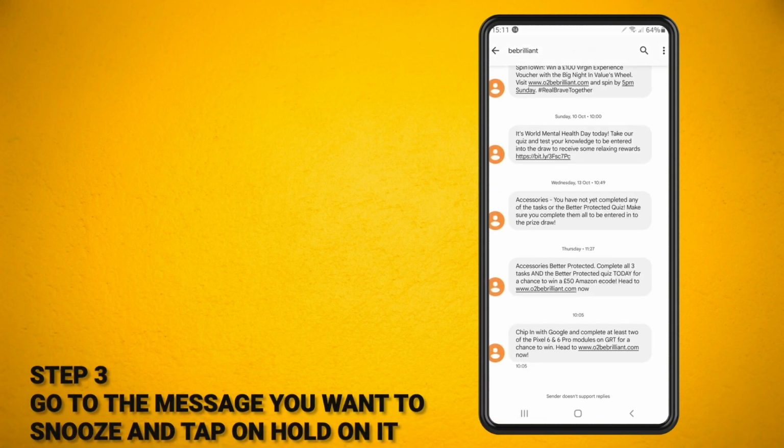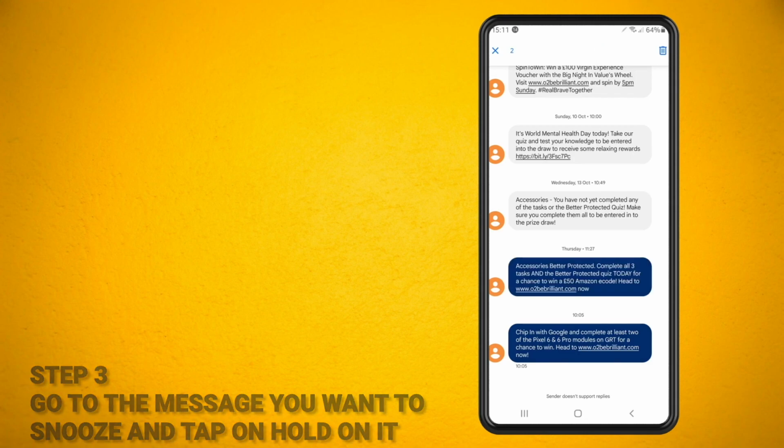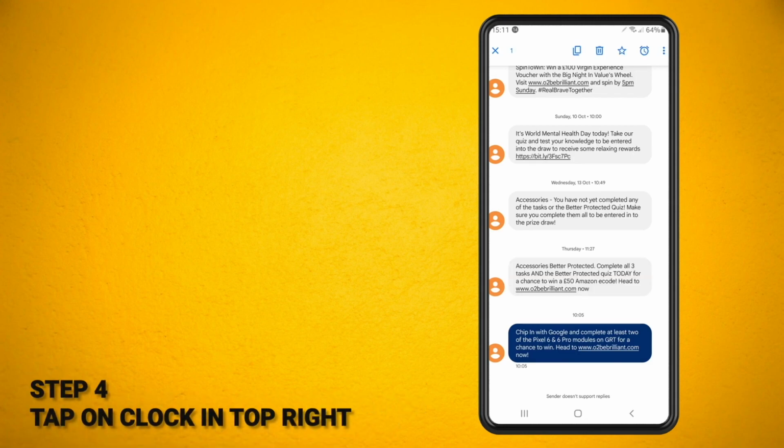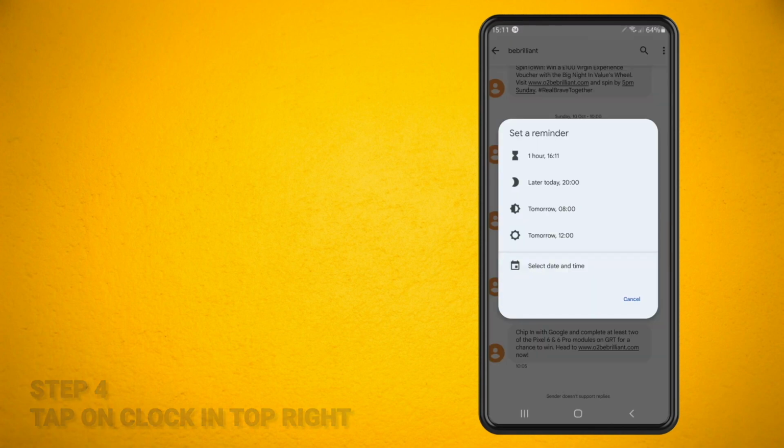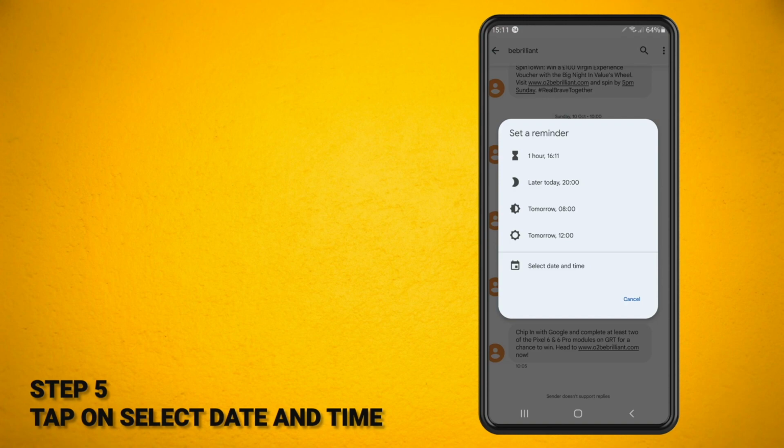Go to the message you want to snooze and tap and hold on it. You can only do this for one message at a time. Tap on the clock in the top right hand corner and then select the time and date,